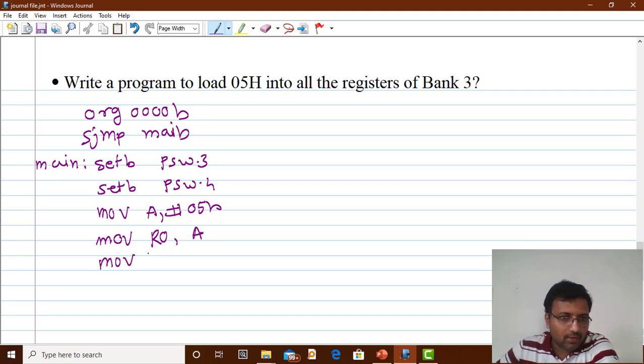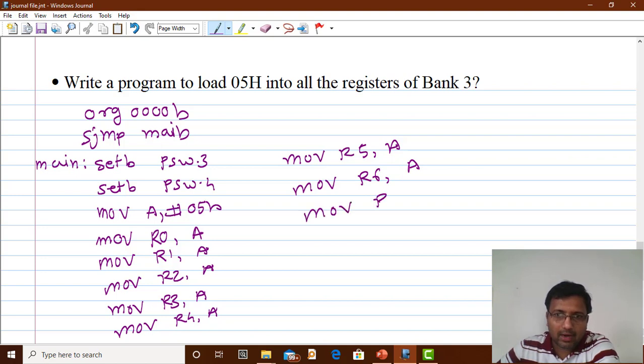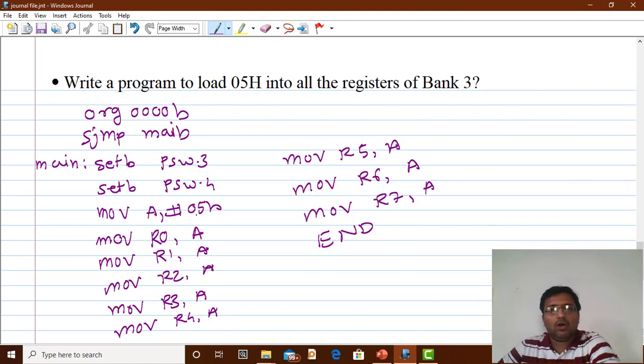Then MOV R1, A; MOV R2, A; MOV R3, A; MOV R4, A. So this continues: MOV R5, A; MOV R6, A; and MOV R7, A, and then END. So this will load the value 05H into all the registers of bank 3.